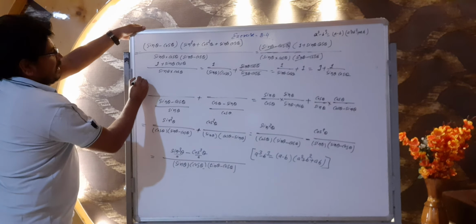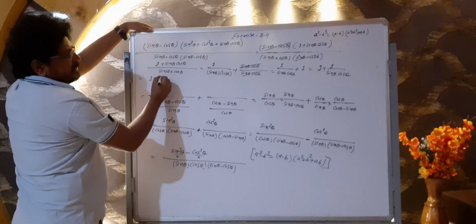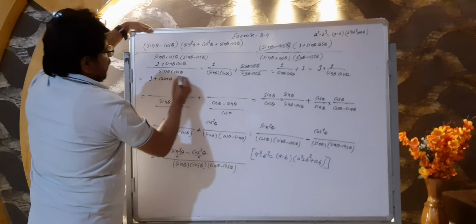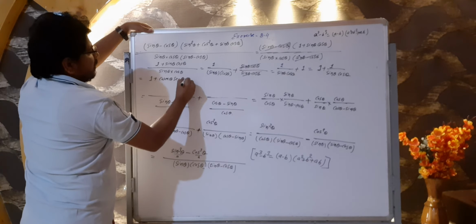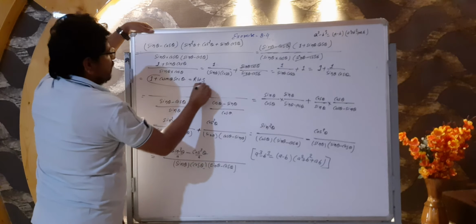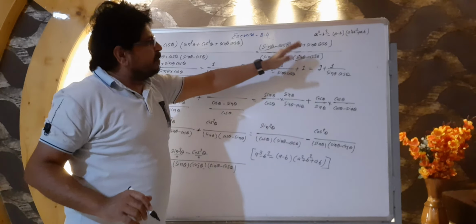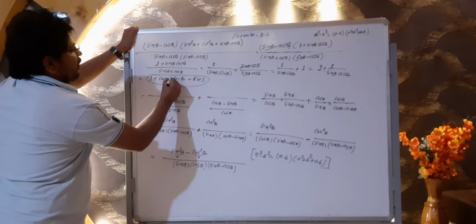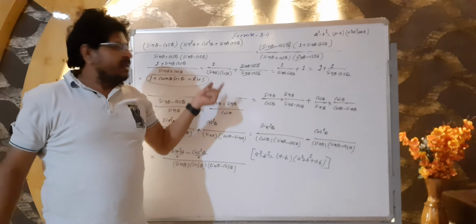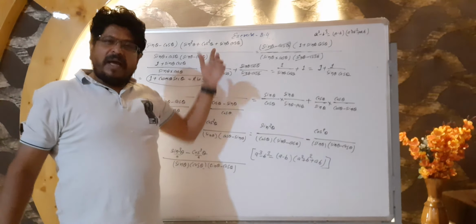Okay guys, our question is complete, right? 1 would be the same, plus 1 upon sin theta means cosec theta, and 1 upon cos theta means sec theta, which is equal to the RHS. This is what we had to prove, this was our RHS. Step by step, one by one we applied all the things, and at last we got 1 plus cosec theta sec theta. Hence proved, meaning we got RHS through LHS.